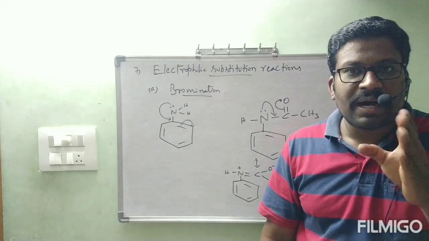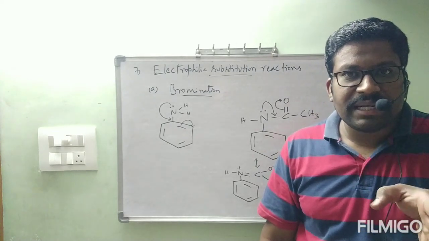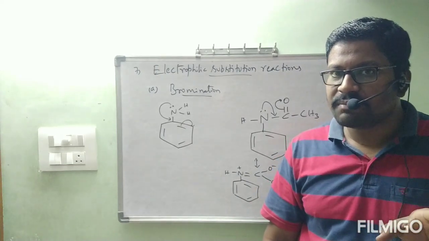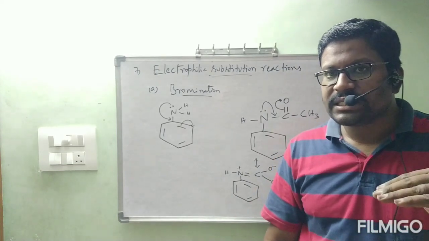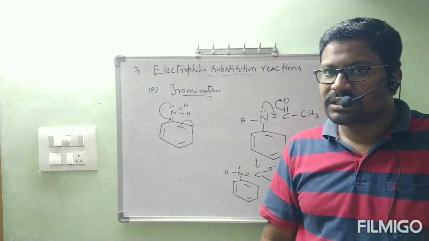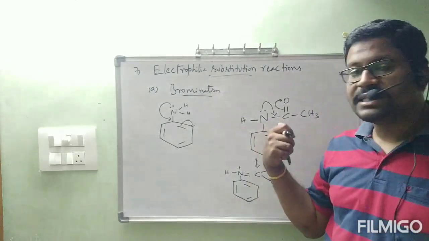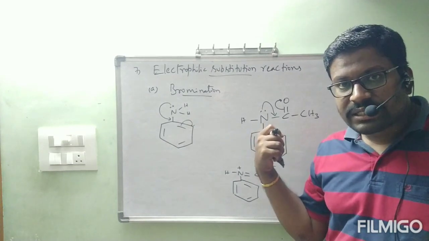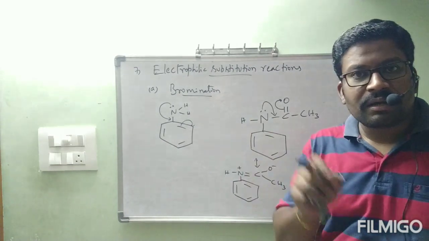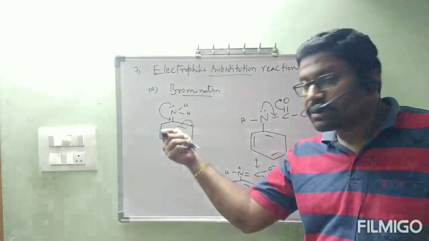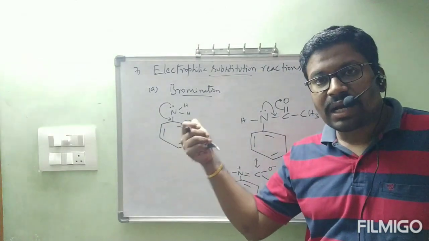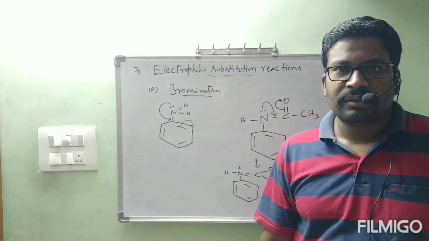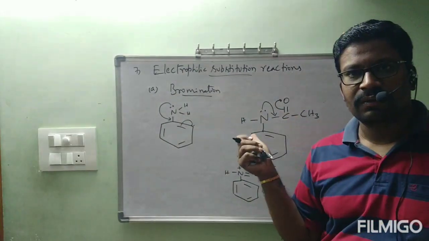Because of that, its activity is partially getting decreased, as that lone pair of electrons does not belong entirely to benzene. It is also involved in resonance structures with COCH3. Because of the decrease in activity, if it undergoes reaction, we will get only ortho product or para product. But with aniline, if it undergoes reaction, we will get ortho and para, every position getting attacked by the bromine. That is the difference. Okay.